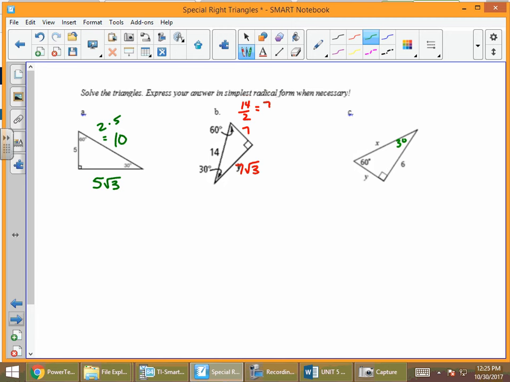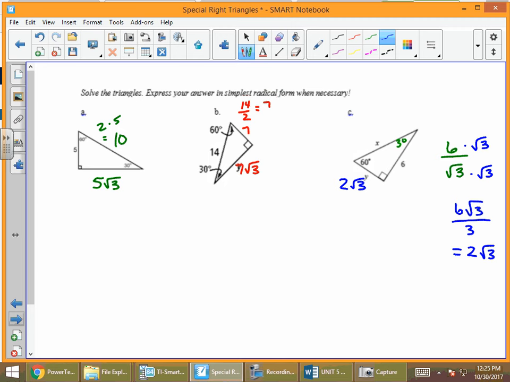Are we multiplying or dividing? Dividing. What are we dividing by to go from long to short? Radical 3. Yep. Get that radical out of the bottom. Multiply by radical 3. We can't multiply the top together, so you just leave it as 6 radical 3. What does the bottom become? 3. And then can we clean this up some more? Yeah, it becomes 2 radical 3. So that is our